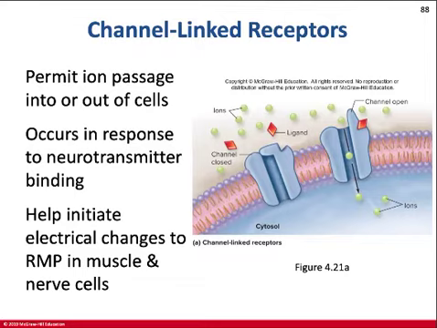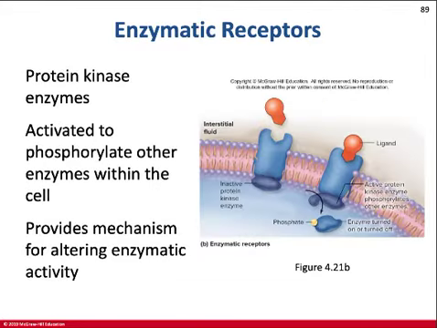Examples of how this could work: ligand-gated sodium channels, for instance, in nerve and muscle cells, can initiate depolarizing events that can lead to the production of an action potential, which is a long-term electrical signal that eventually results in either a response within that cell, such as in muscle tissue, making it contract, or the release of neurotransmitter by the axon terminal of that cell on another target, causing it to potentially respond by generating an electrical